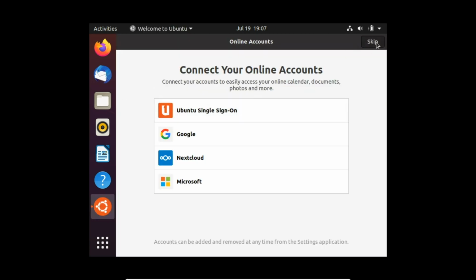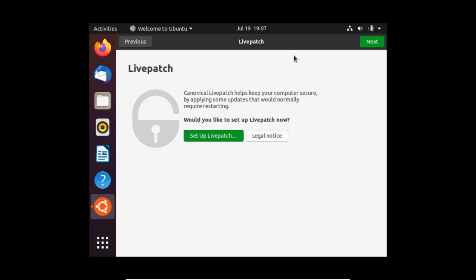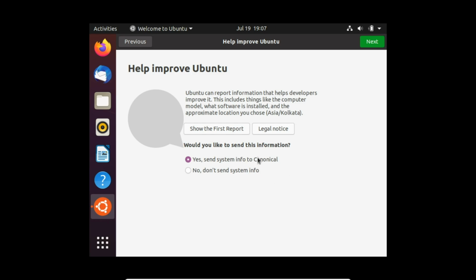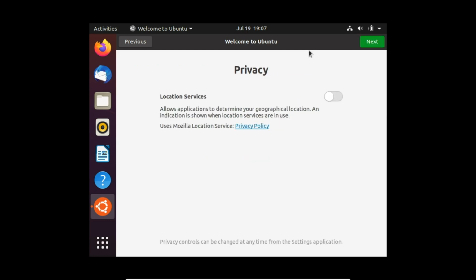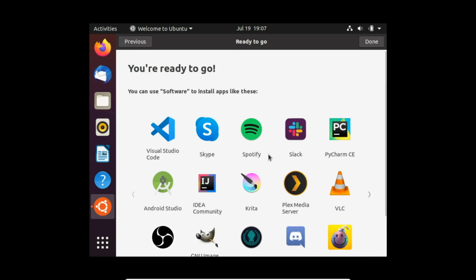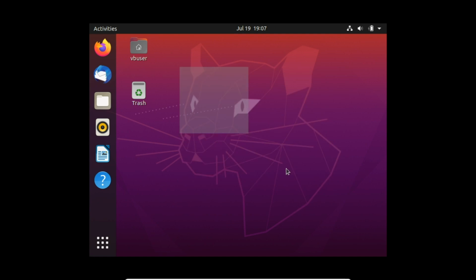So I'm just going to say skip here. I don't want to link any accounts because it's a virtual machine. I'll be sharing the image for this virtual machine. Live patch, no, I don't want to set it up right now. Yes, send info to Canonical, that's fine. And location services, no, I'll keep this off for now. Ready to go. Software, yeah, I think we'll install whatever is needed as we go along. So there we have it. So this is a completely virtual